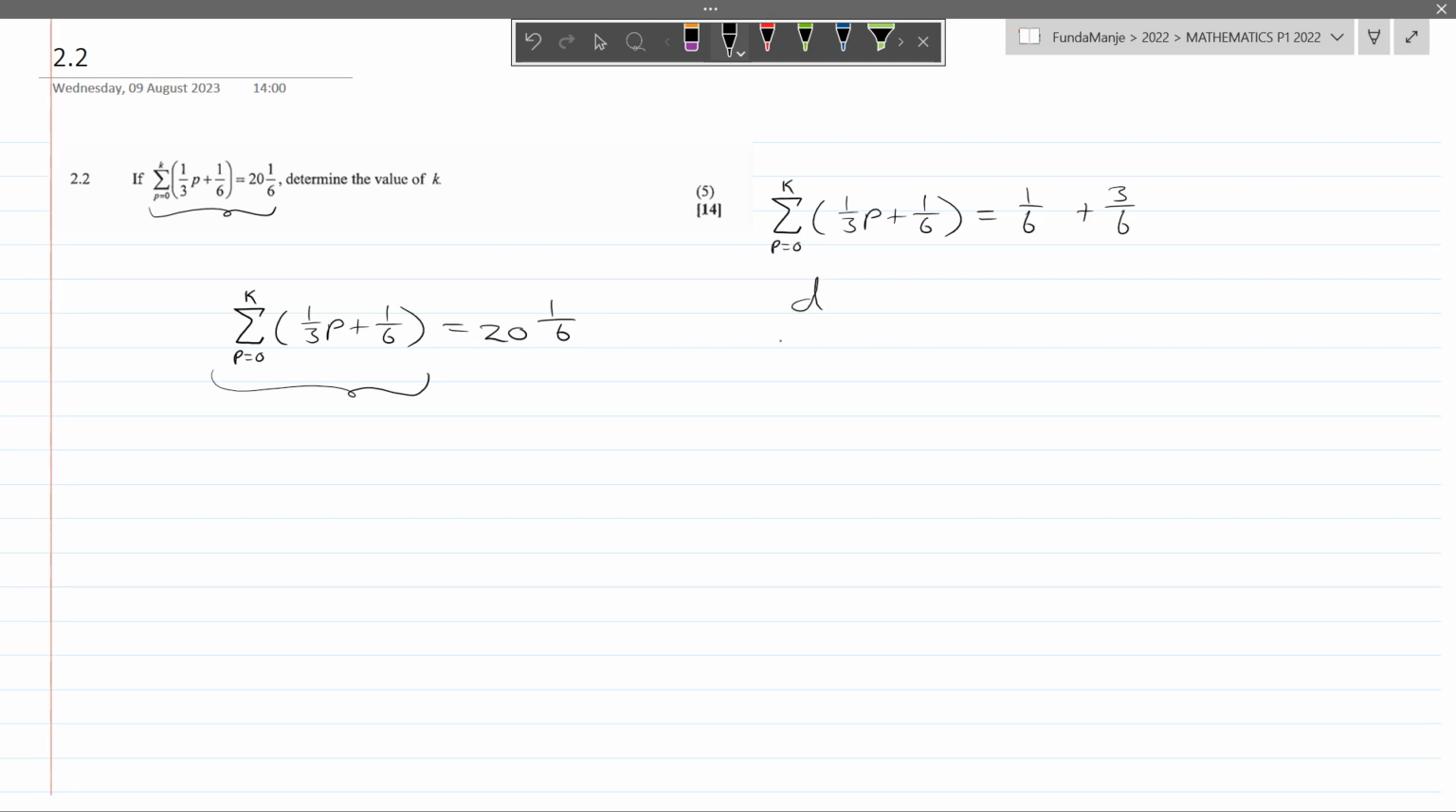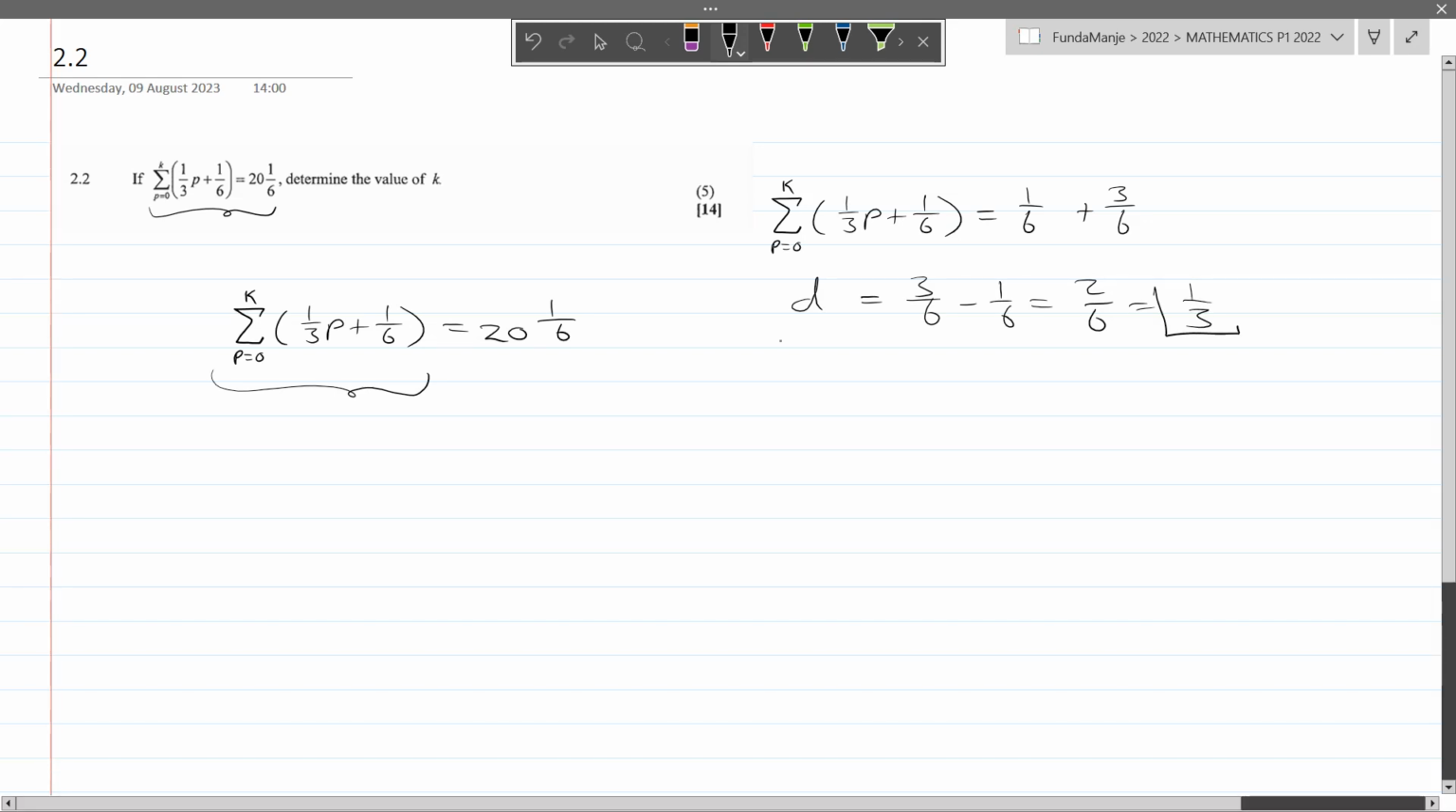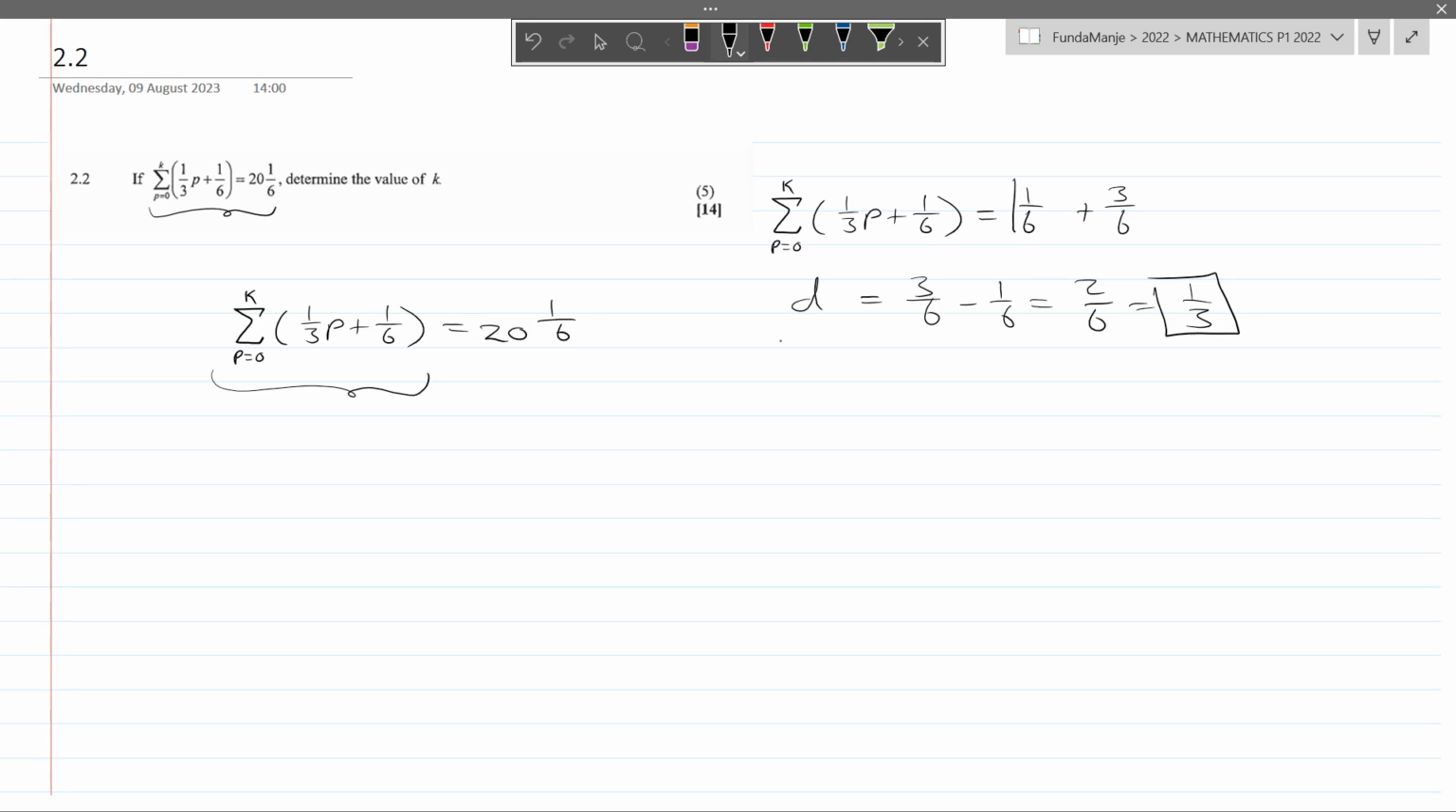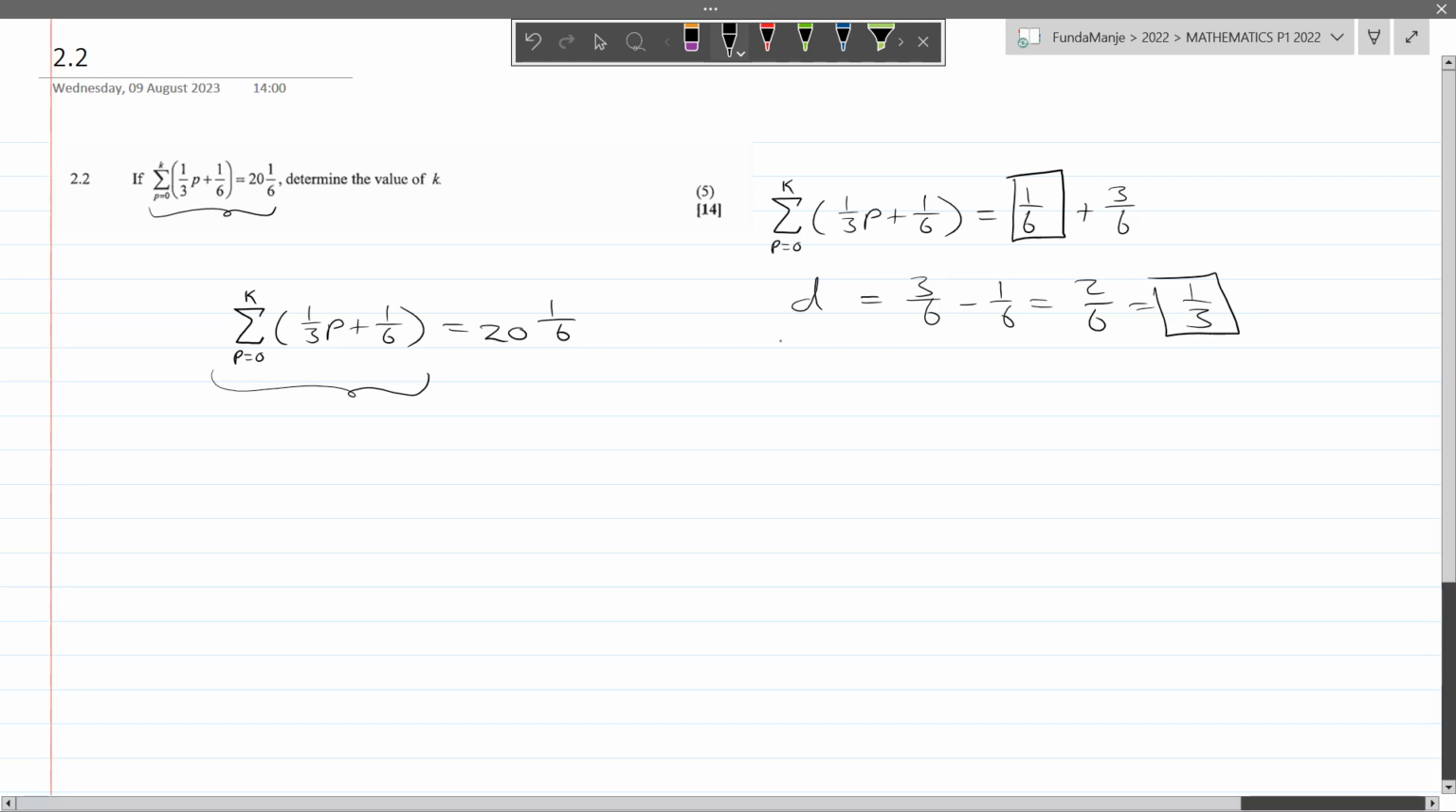the difference. So d will be equal to 3 over 6 minus 1 over 6, which is 2 over 6, which simplifies to 1 over 3. So your difference is 1 over 3. Your a value is 1 over 6. That means you can use the sum of formula. But be careful, because